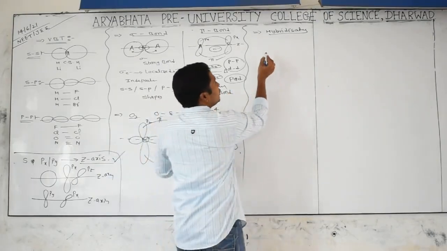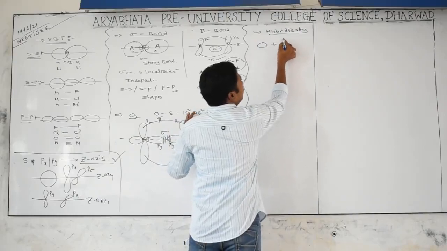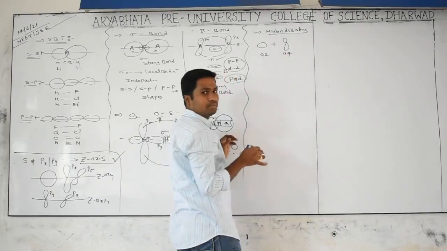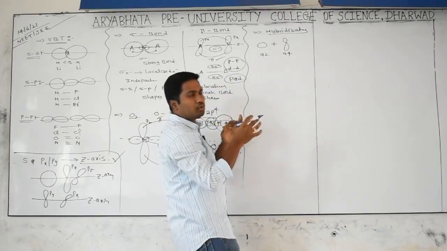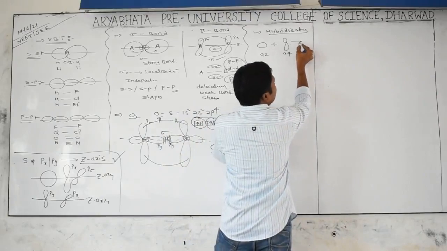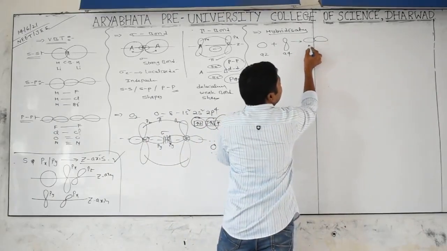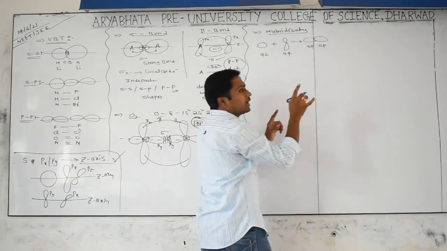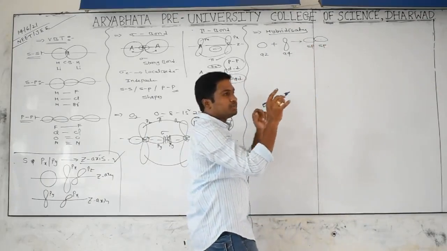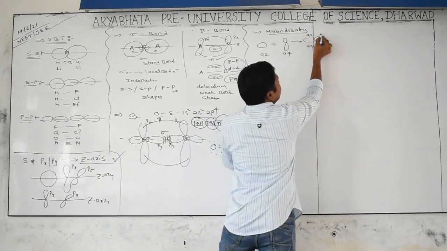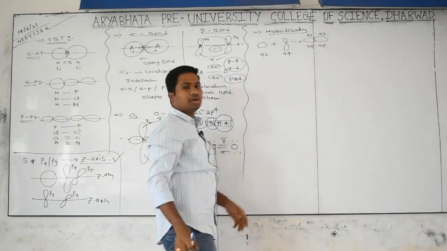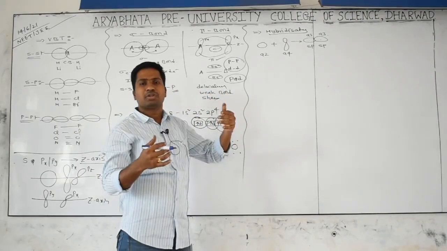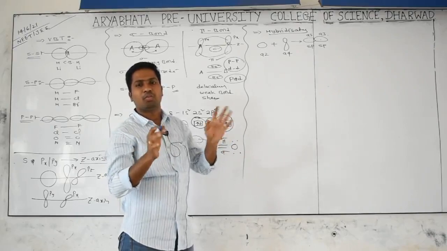For example, you have one s orbital and one p orbital. This one has energy 92, and this one has 94. This is a similar energy, very close energy. So when they intermix together, we get two hybrid orbitals, sp hybrid orbitals. These two sp hybrid orbitals have the same energy and same shape. What is the energy? 93 and 93. That is what is called hybridization. Whatever VBT says, it does not explain the shapes and bond angles; it simply explains how bonds are forming.